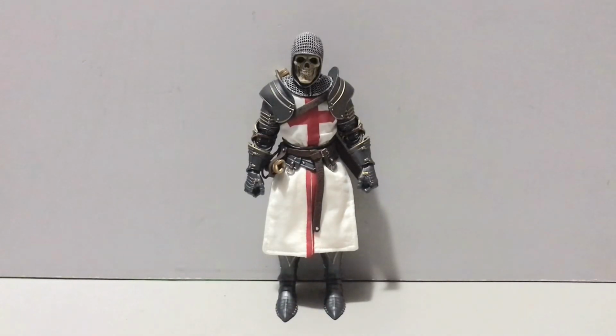Not only is he utilizing that valiant knight body buck everyone was losing their mind over, but he has a soft goods tunic which allows for more range and posability and articulation and all that good stuff. So, with that being said, why don't we cut right to the chase and get to the meat and potatoes of this review and see all Sir Elijah has to offer in terms of accessories, starting off